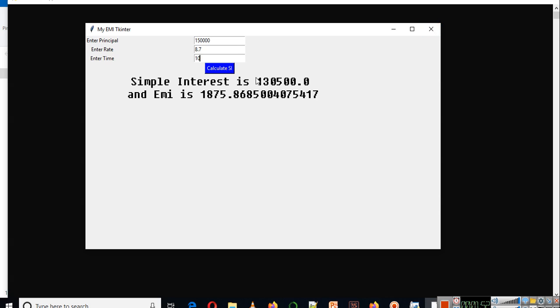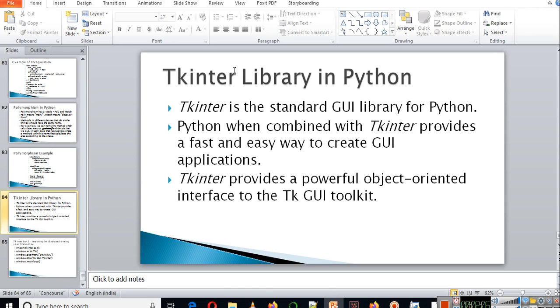So if you want to create an application where you can take input from users from a GUI, you can use tkinter library in Python. And tkinter is the standard GUI library for Python.